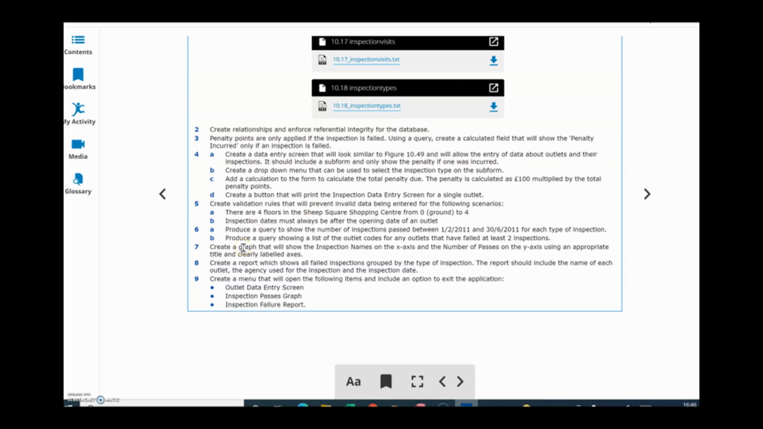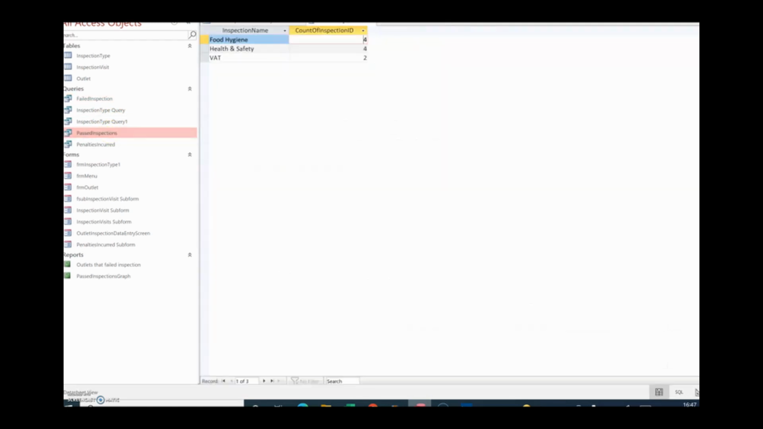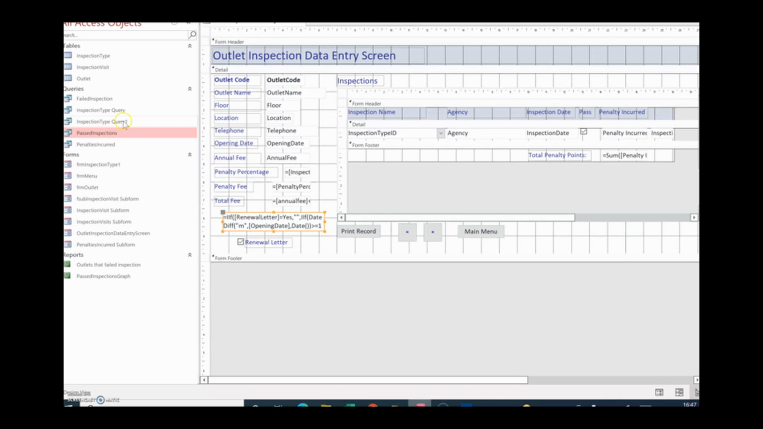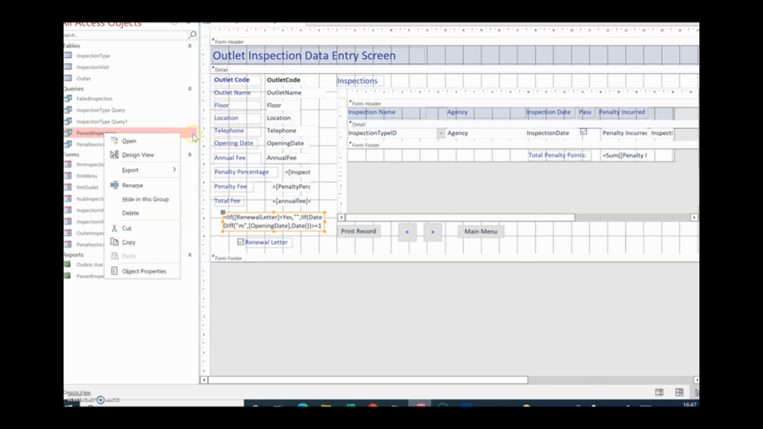Now we need to create a graph that will show the inspection names on the x-axis and number of passes on the y-axis, using an appropriate title and clearly labeled axis. One method for this kind of graph would be this query for the ones that have passed inspections. You can export this particular query into an Excel sheet and easily create the graph. In case they have specified to make the graph in your database itself,